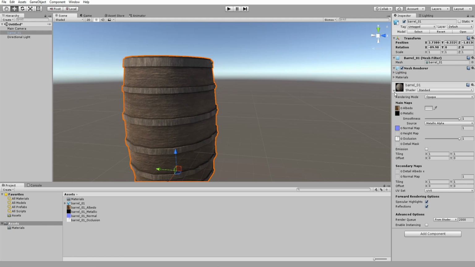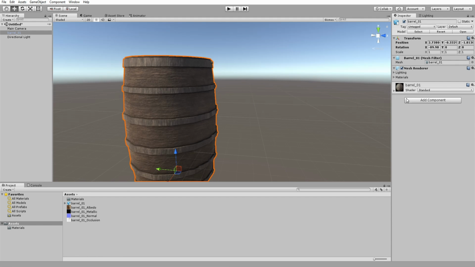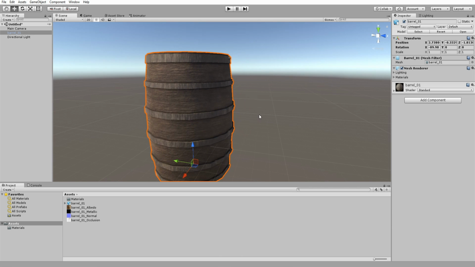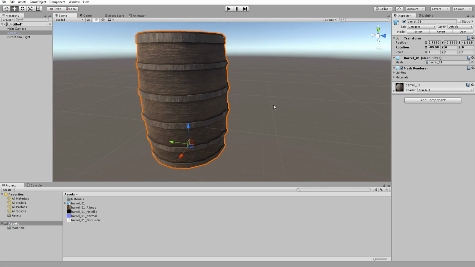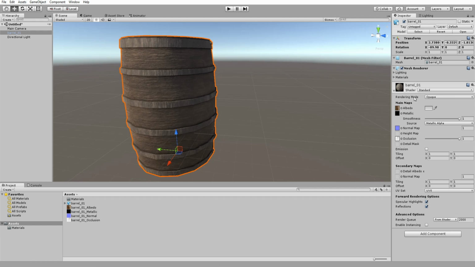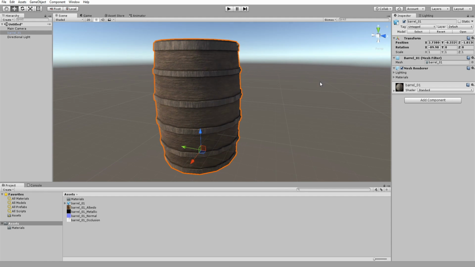And as you can see, we have one single material here rather than 3 separate materials, which is what I see a lot of people do. And all that's doing is just giving your game a lot more to deal with. Rather than dealing with 3 materials, we can just deal with 1, as you saw in this case. So that's a bit about color ID maps and how they're beneficial, and you can use them to optimize your game